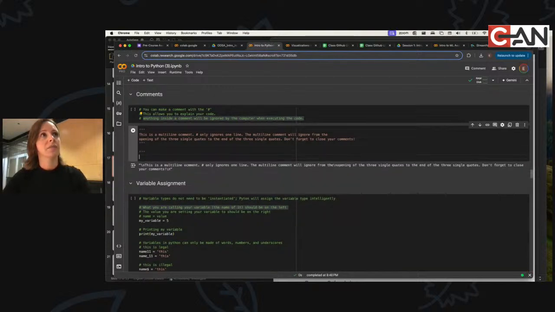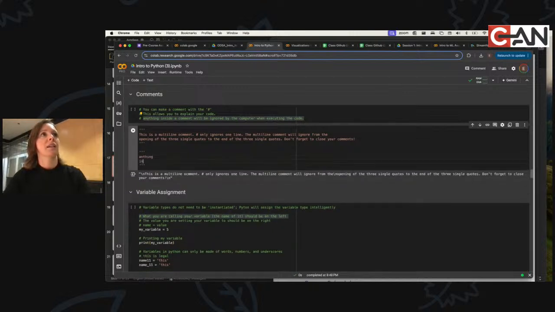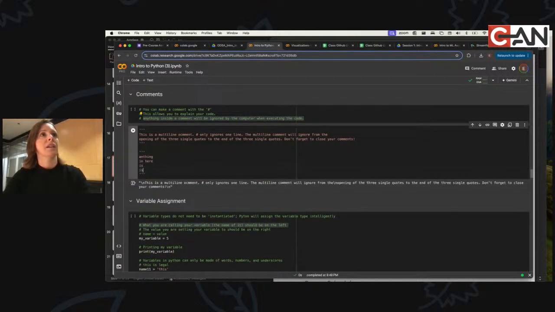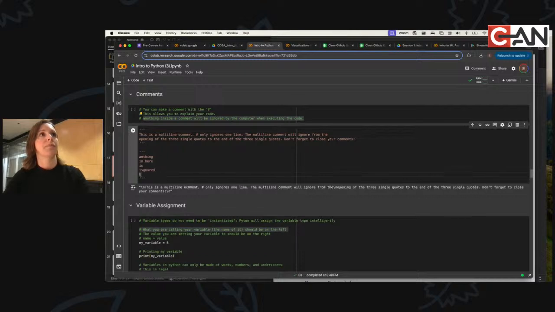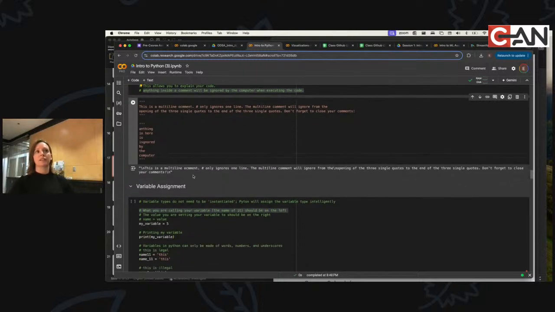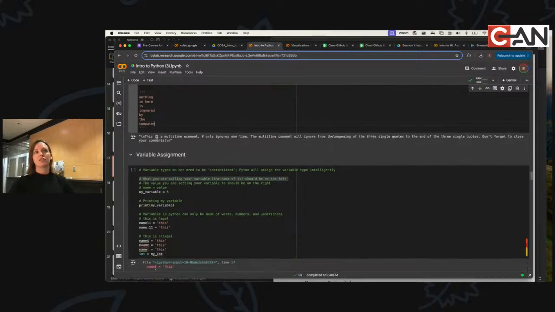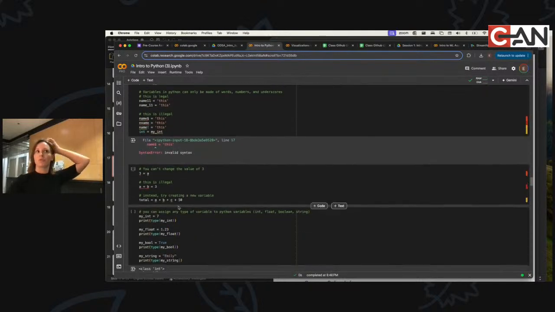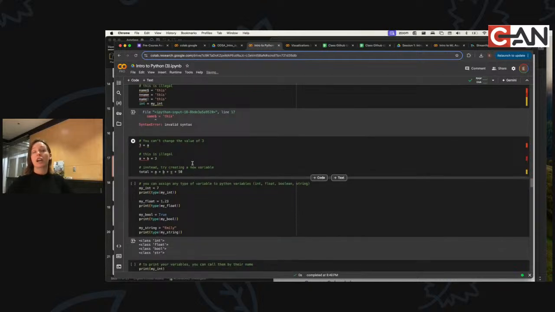This kind. And we can close it. Then anything in here is ignored by the computer when it's processing it. So that doesn't do anything. It's just helpful sometimes to us as humans. Some of my code will probably have comments in it, for example. If you ask ChatGPT to write you code, it puts comments in it.